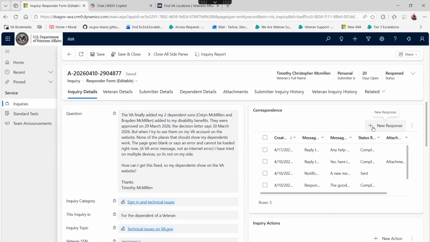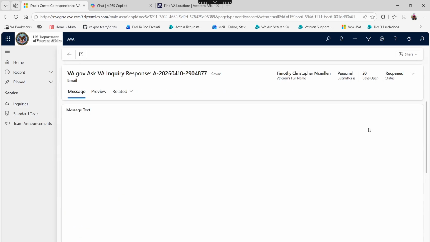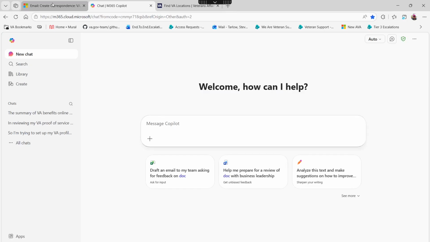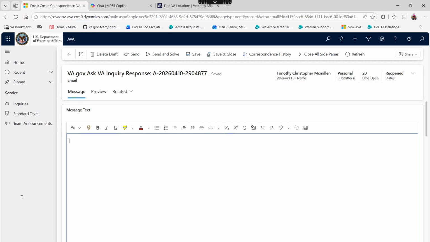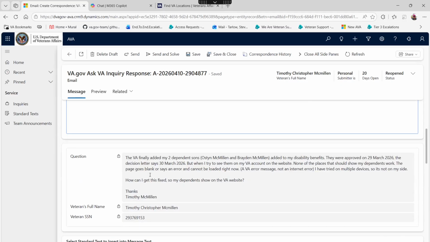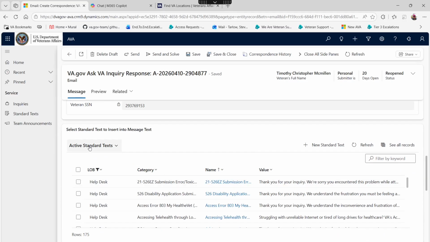I want to show you something real quick. We have templates within AVA, some standard response templates. If it's not something that you need to do further research on using the Copilot, and you know what response you want, scroll down below the text field to this area, active standard text. This is keyword searchable. I will use the asterisk. You always want to